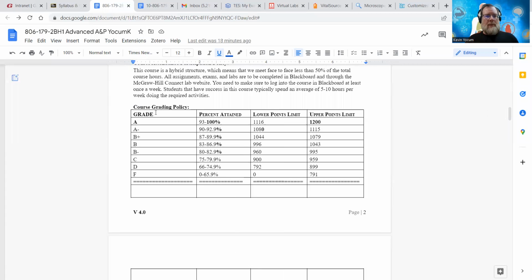So my course grading policy is here. This is the breakdown for the different ranges: A minus, B plus, etc. The whole course is 1,200 points. So I have the range for the A's. You need around 1,116 or so to have a solid A, 1050 to 1115 for an A minus, and so on down the line. I think generally all of you need to be in that B range or so.